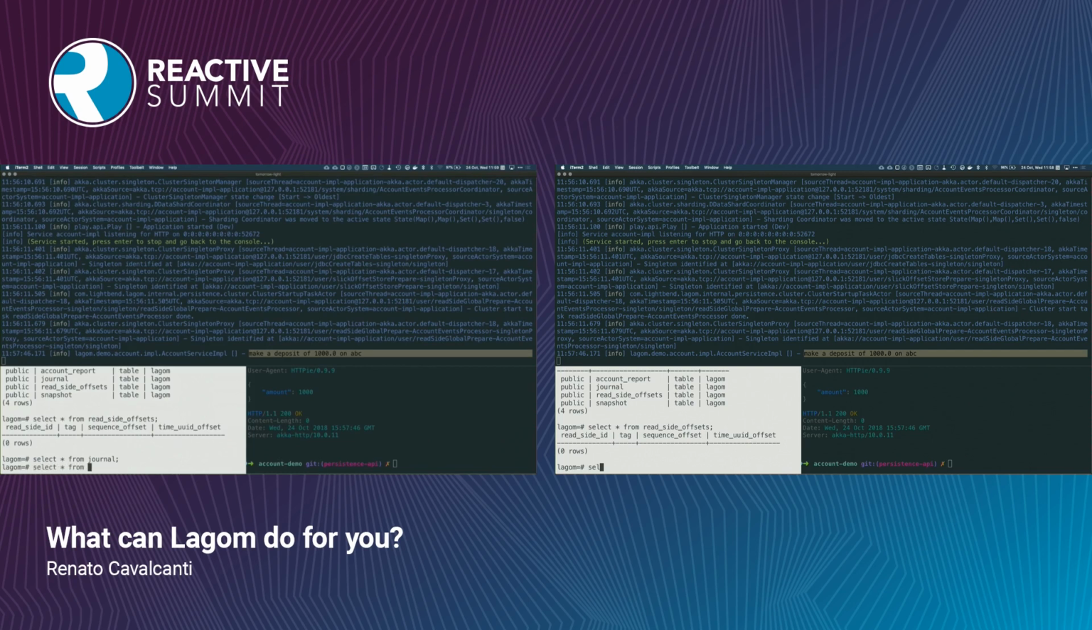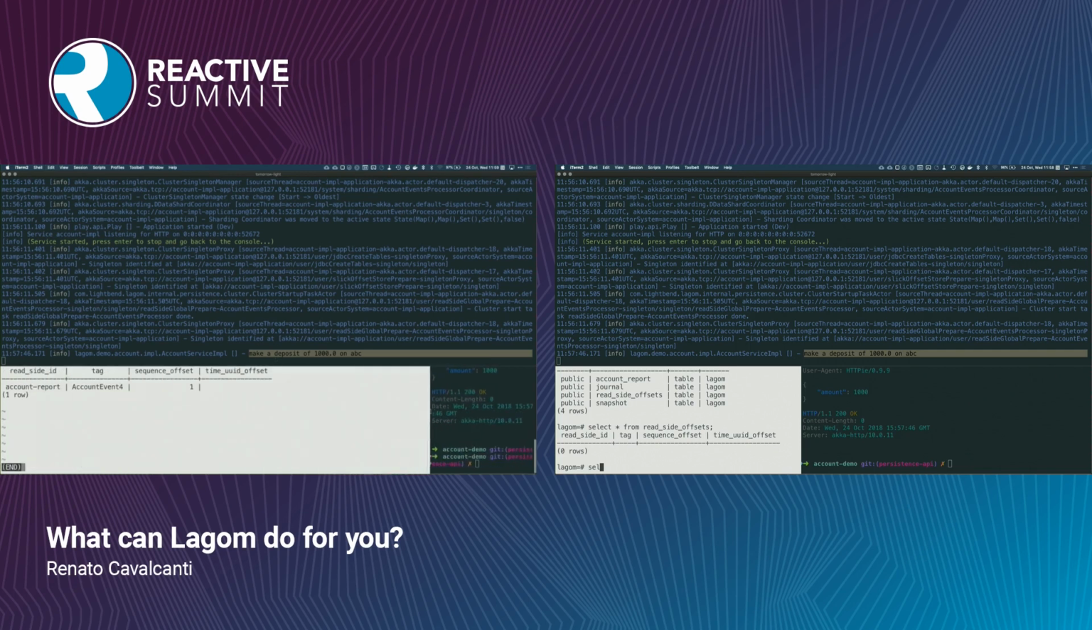That's if I do that. Let me make it a little bit bigger. So on the offset table, I have already an entry there, which is for the tag 4. If I make another deposit, and I tested it before, so that will work. If I do here, for account ABCD,